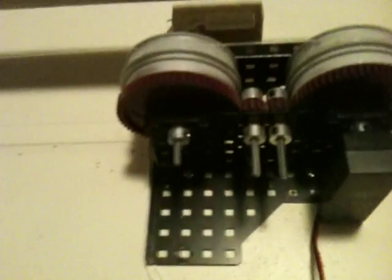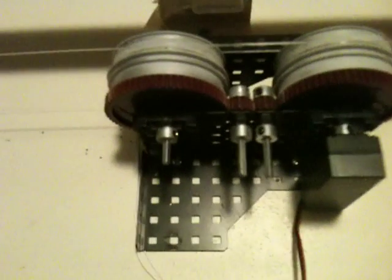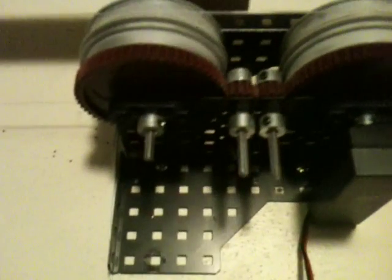So the curtains are open and closed through a little gadget that's hacked together from pieces from an old robotics kit that I had lying around. So you got the motor here, and then you got two cylinders here that spin in opposite directions, and wound around them is some fishing line, and that fishing line comes down, connects to the first rung of the curtains,